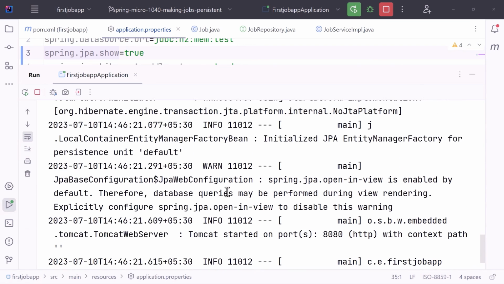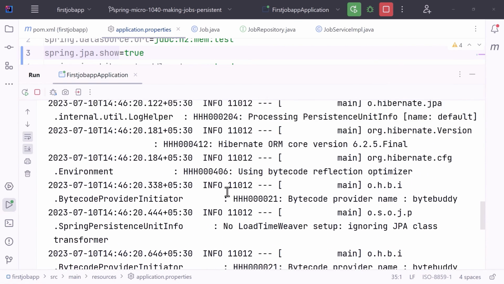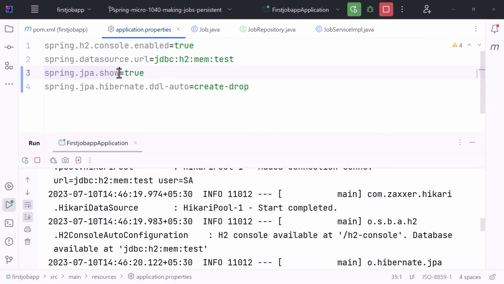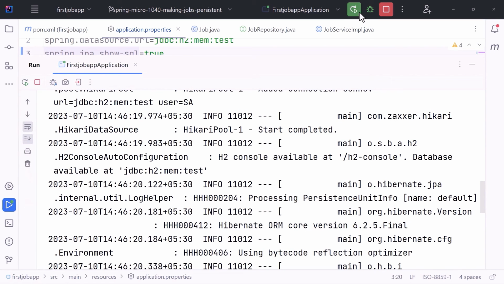So we are not seeing the queries being printed onto the console, and the reason for that is there is a typo in this property. It is show-SQL, and not just show. Now if I rerun this after making the change,